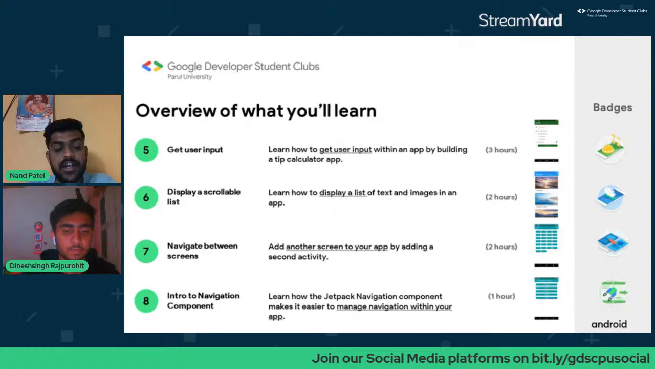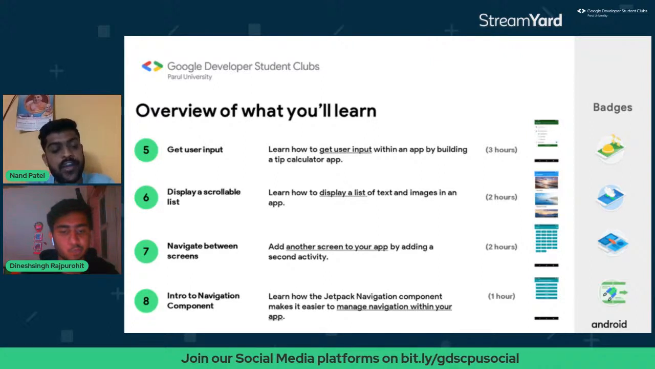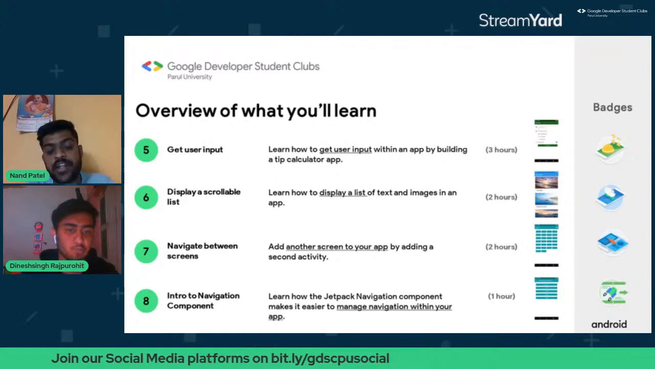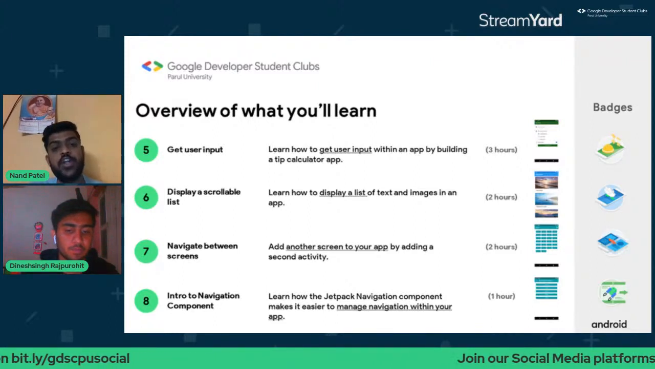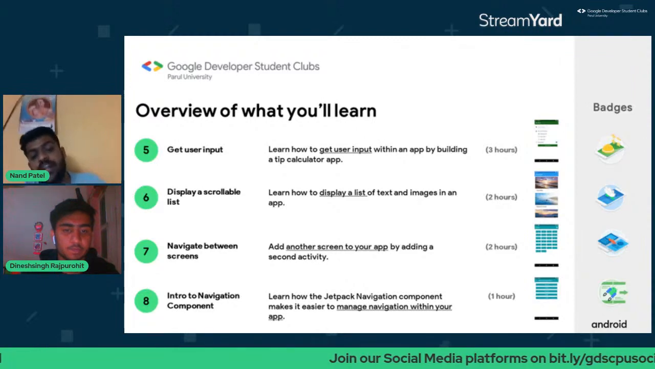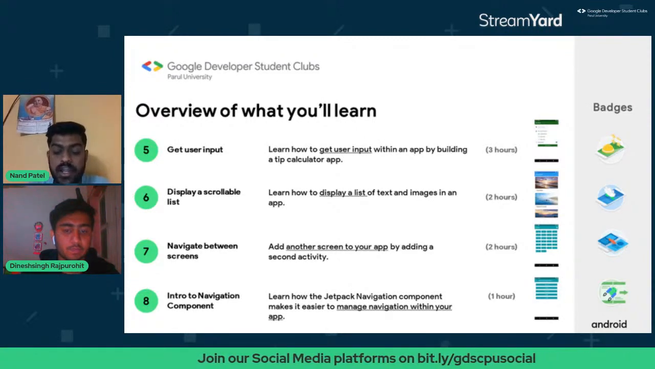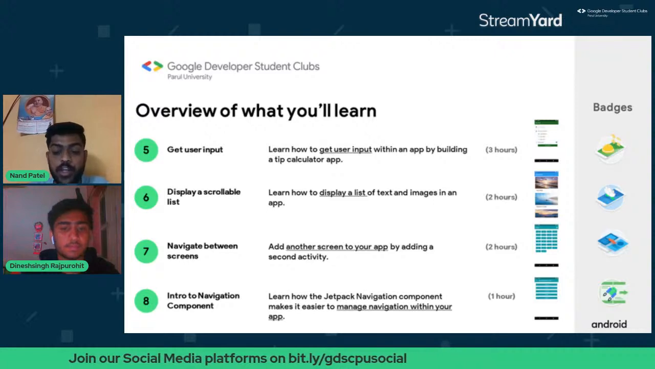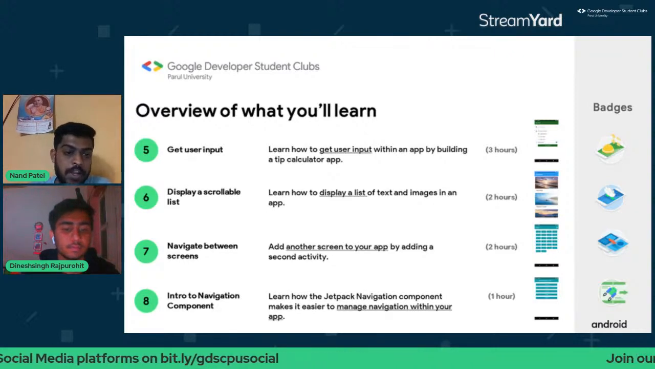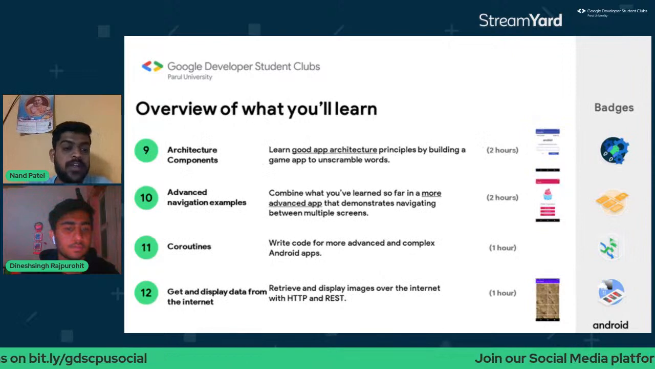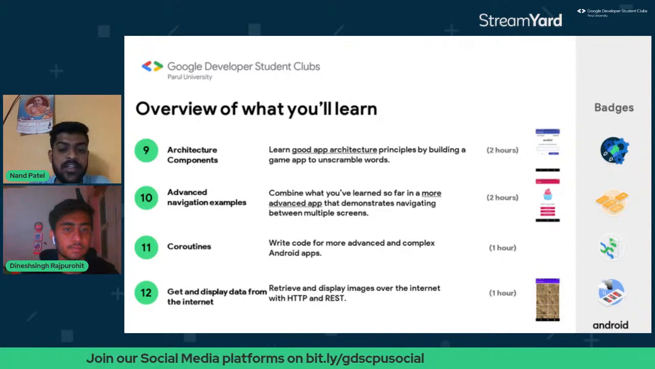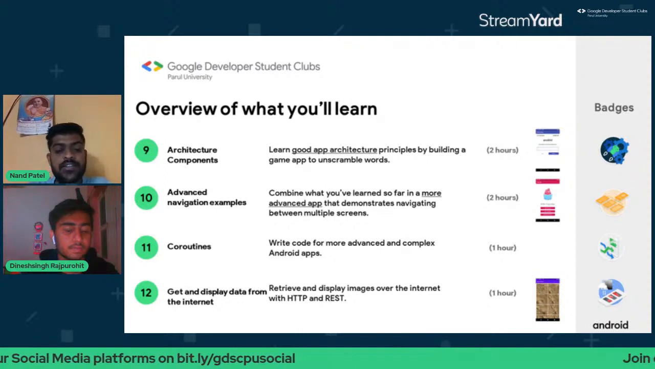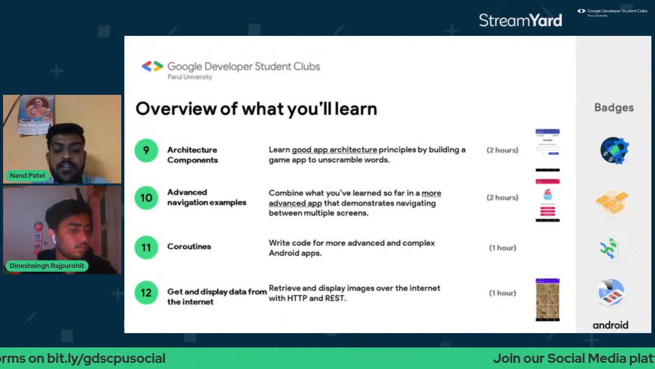The eighth chapter is intro to navigation components: learn how the Jetpack navigation component makes it easy to manage navigation within your app. Jetpack is a library for that, so you learn how to navigate in that manner. It's about a 1 hour session. The ninth chapter is architecture components, where you learn good app architecture principles by building a game app with unscrambled words. Then the advanced navigation example